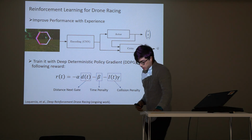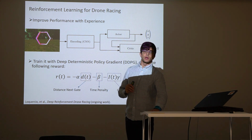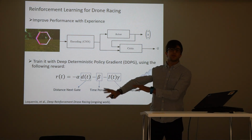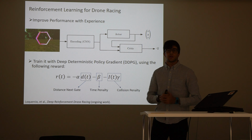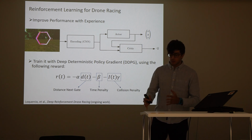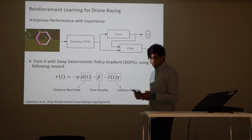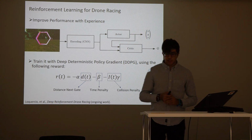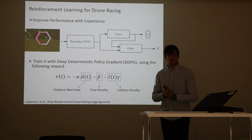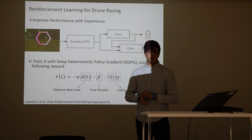So, of course, you might wonder if this representation that we found, which means having a network that produces only waypoints and then leaves the motors, so the muscles, to the real platform, would also generalize not only sim to real, but also allow the use of reinforcement learning. The answer is again yes. This is ongoing work, so I don't have cool videos to show. What I can tell you is that we are using a very similar approach